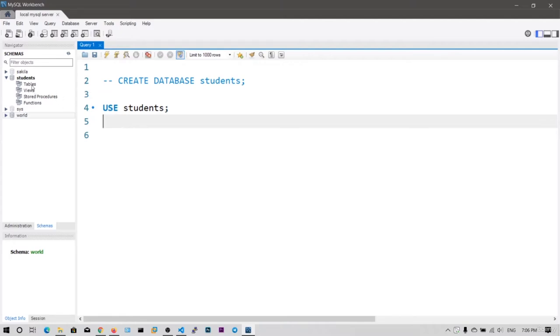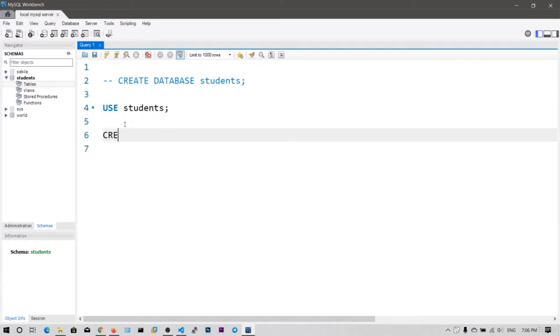So we do not have any tables now. This is an empty database. We need to create the table. To do that, let's say CREATE a TABLE. We need to put the table name. Let's say info,